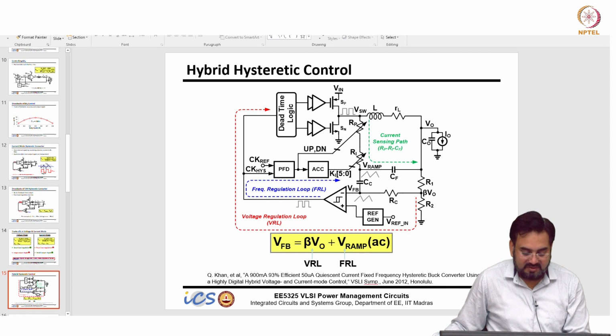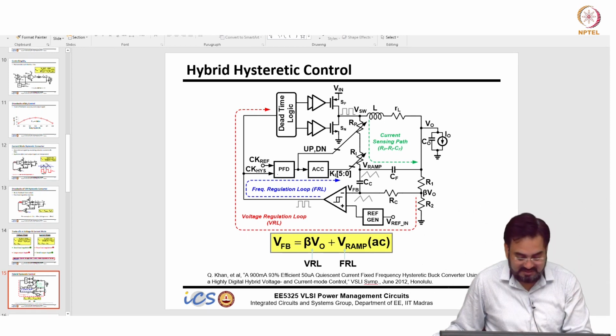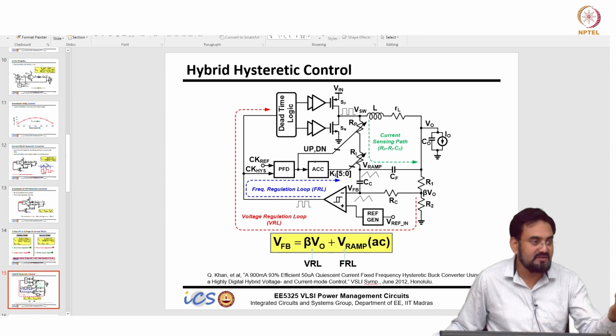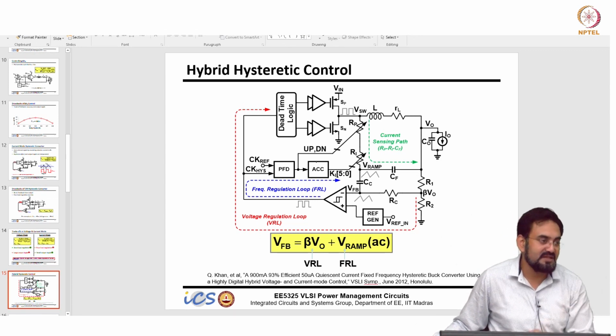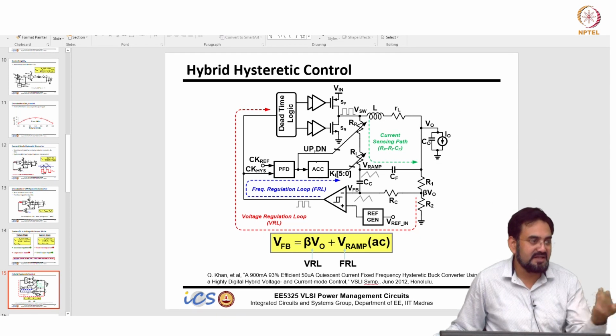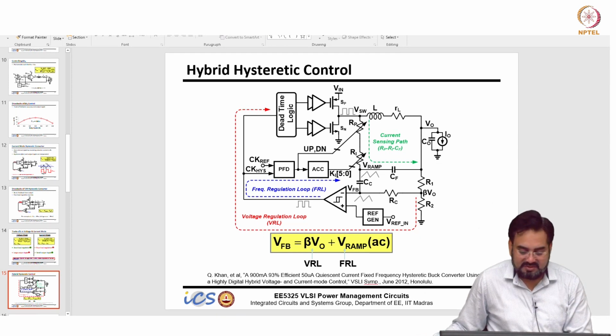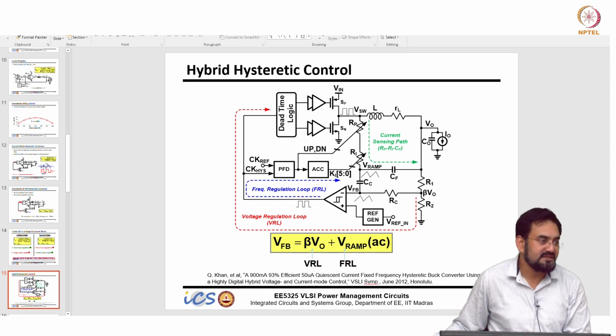Okay. So, all you need is a PFD, which is built using a simple flip flop. And the accumulator is nothing new, we talked about the accumulator in digital LDOs. It is the same thing, like an up down counter. Depending upon whether the frequency is low or high, it will keep counting up or down, and it will increase or decrease this resistor until these two frequencies are locked to the same value.